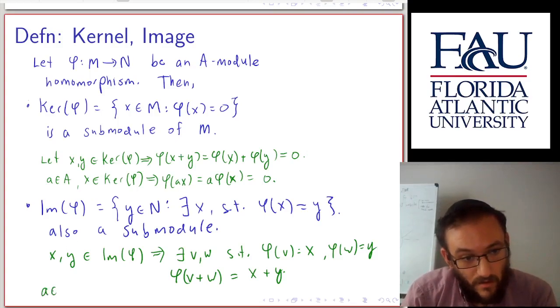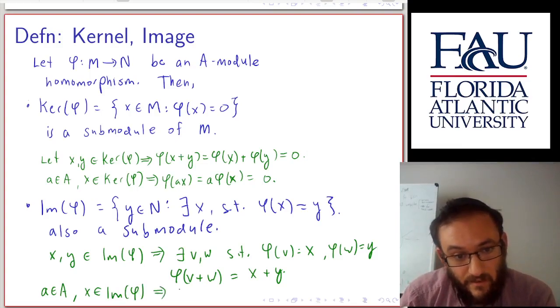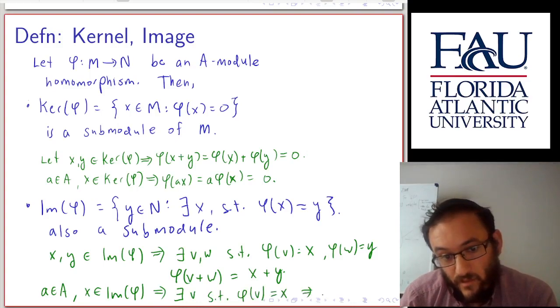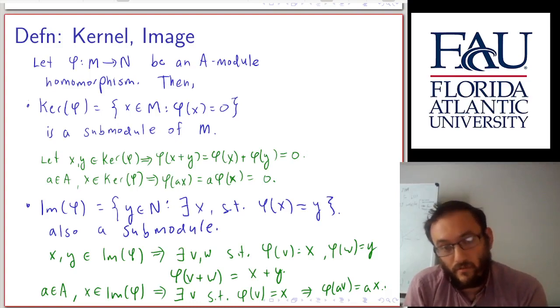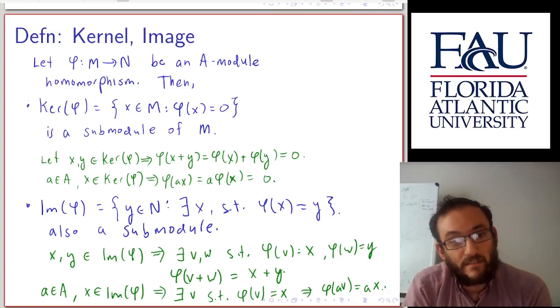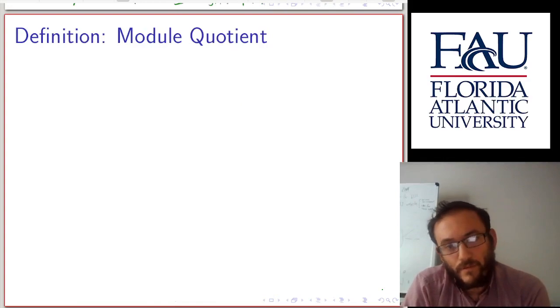As for multiplication by an element of A, because you have v mapping to x again, if you take phi of av, that'll give you ax. Okay, so it's closed under addition and scalar multiplication, so multiplication by elements of the ring, so that tells us that it's a submodule. Okay, so now that we have a notion of submodules, we can talk about module quotients,